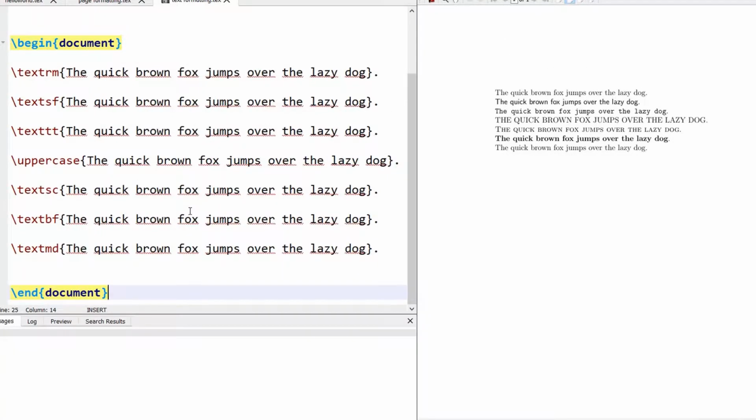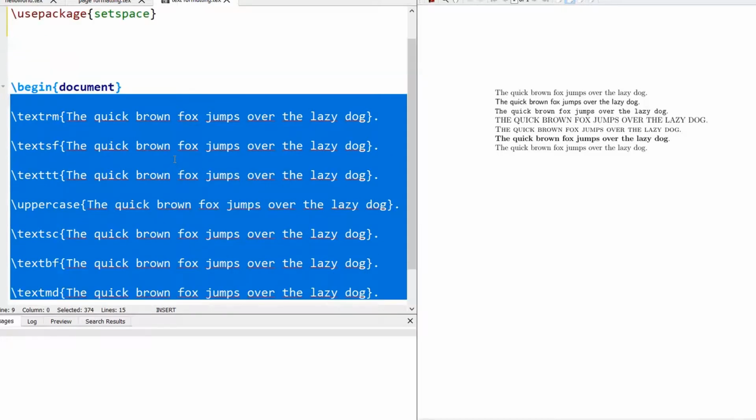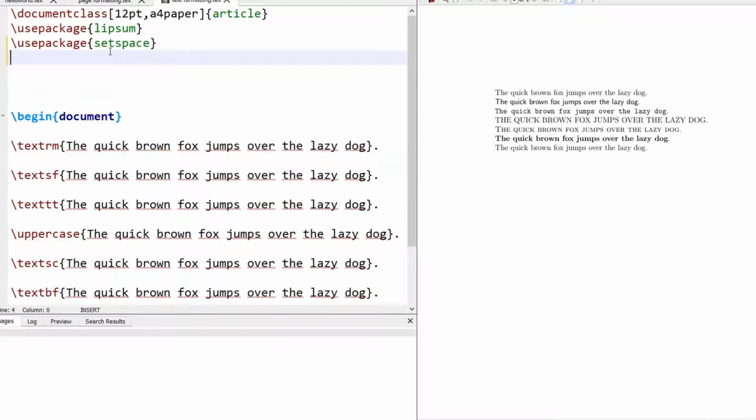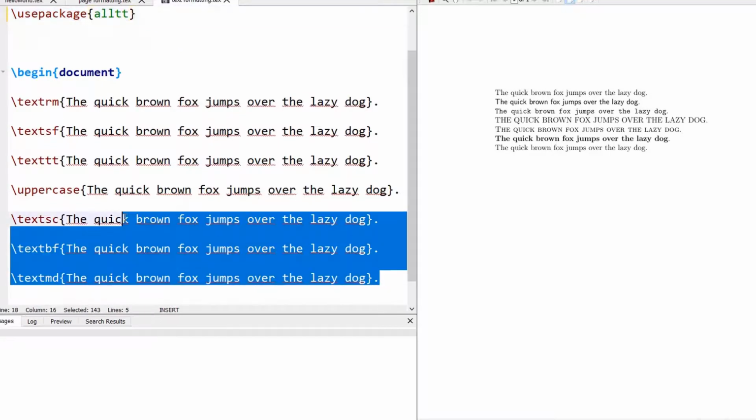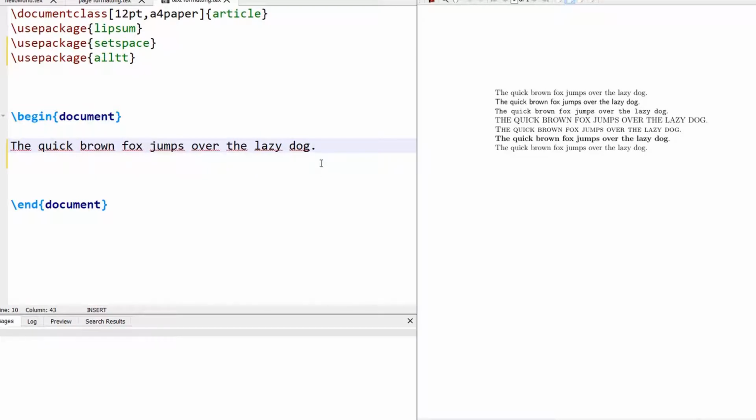Sometimes in LaTeX we want all the text to be typeset in teletype font. Of course, I can use the text TT command to make the text appear in teletype font, but sometimes if the text is large, we can have a better alternative, that is by using alltt as a package. This package lets us switch between teletype font and normal font easily. alltt represents all teletype. Now I will remove these texts. Assume that this is the text I have.